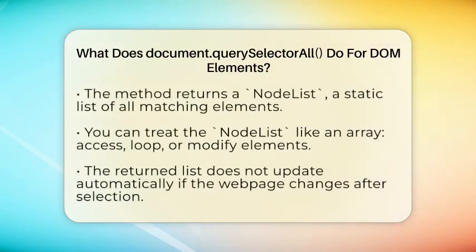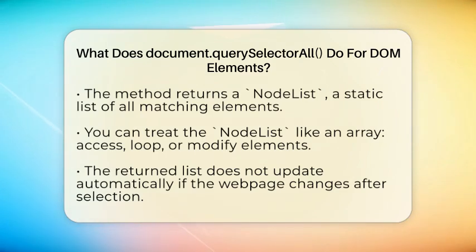The result it gives back is called a node list. Think of this as a list of all the elements that match your criteria. You can treat this list like an array, which means you can access each element by its position, loop through all of them, or change their properties. For example, you could change the color of all buttons with a certain class or hide all images on the